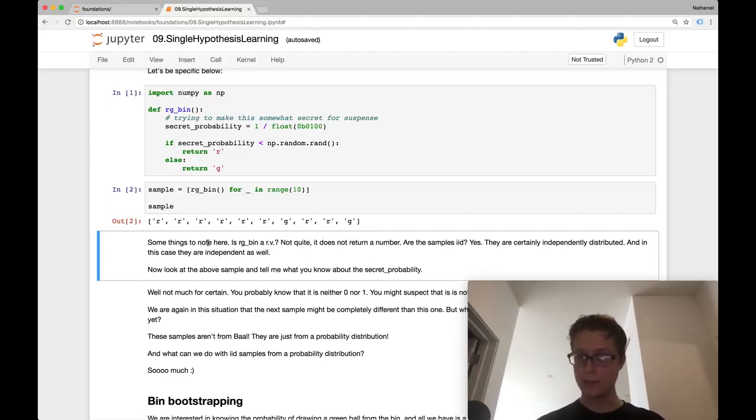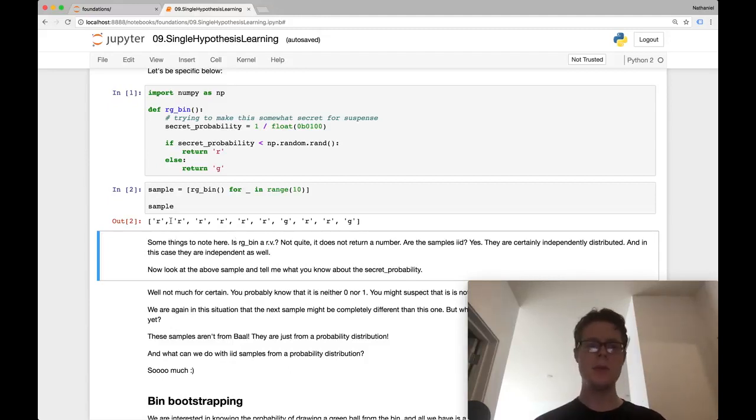Second question I ask you, what do you know about this bin? Do you have a feeling for what the probability would be of drawing a green ball from the bin versus a red ball? The honest truth is you'll probably know two things. Based on this sample, you certainly know that the probability is not 0 to draw a green ball, and it's not 0 to draw a red ball, but you really have no idea for certain.